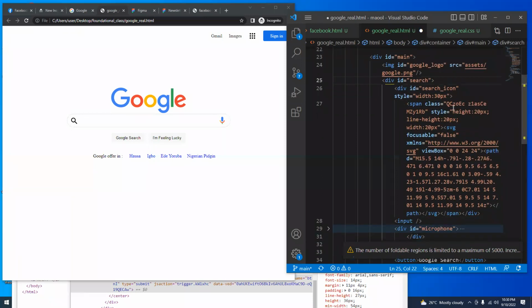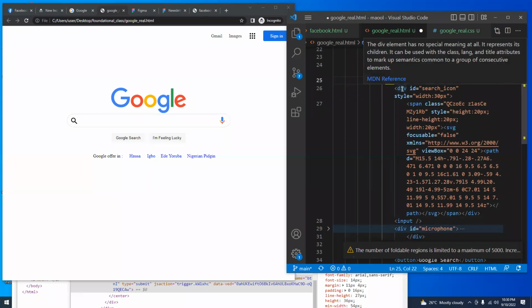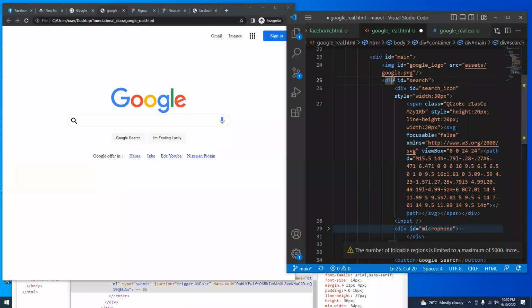Anytime you are using position absolute on any element, the parent needs to be relative. So if I'm going to apply absolute to this search icon, look for the parent of the search icon, which is search, and make this parent relative so that when the position absolute applies to this, it's not going to jump because absolute positioning